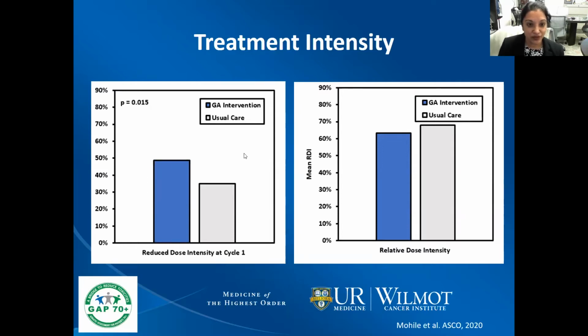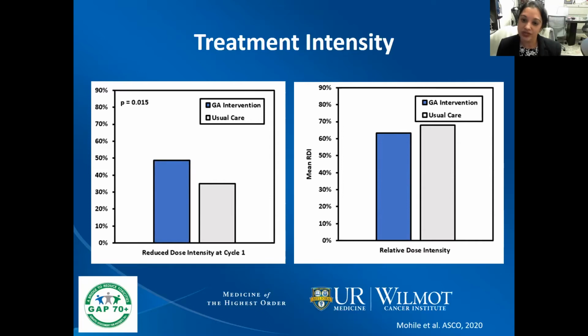And we did find our hypothesis played out, that the oncologists in the geriatric assessment arm, or the intervention arm, were more apt to reduce the dose intensity at cycle 1 compared to those in the usual care arm. So they started at a lower dose, and this philosophy we have in geriatrics of start low and go slow was followed by the oncologists in the intervention arm. This did lead to an overall slightly reduced relative dose intensity over the course of 3 months, but the gap was closed